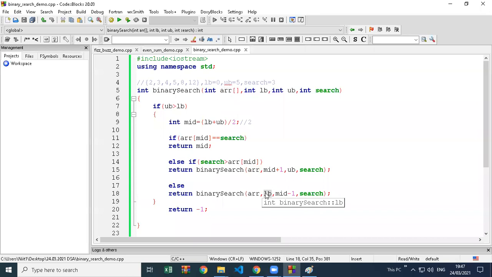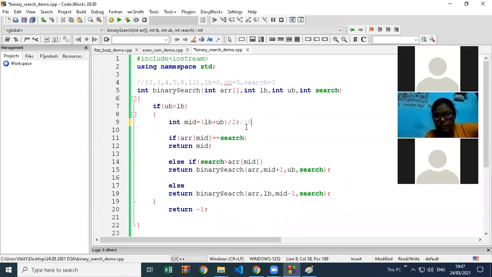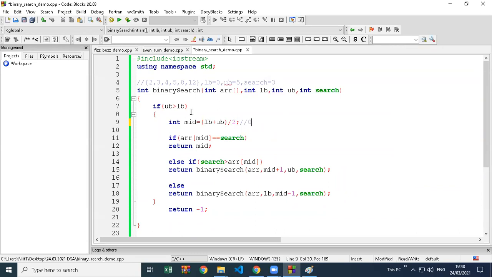Lower bound value is 0. Upper bound value is 2 minus 1, 1. Correct? Yeah, it looks correct here. Then upper bound is 1, lower bound is 0. 1 plus 0, 1 divided by 2, 0.5, 0. Value same.